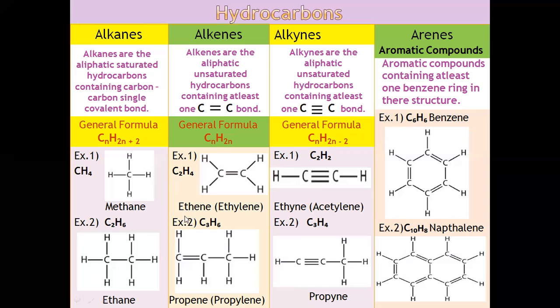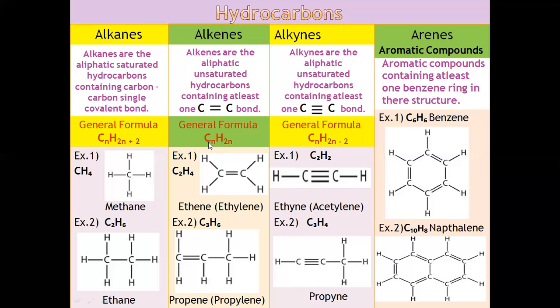This C2H4 is called ethene. Ethene is the IUPAC name and its common name is ethylene. If we put the second example, if we put n is equal to 3, then the formula becomes C3, 3 into 2, 6,